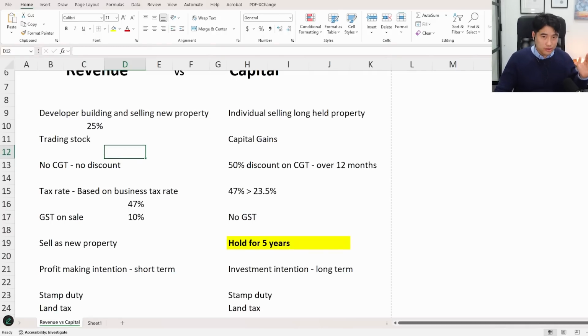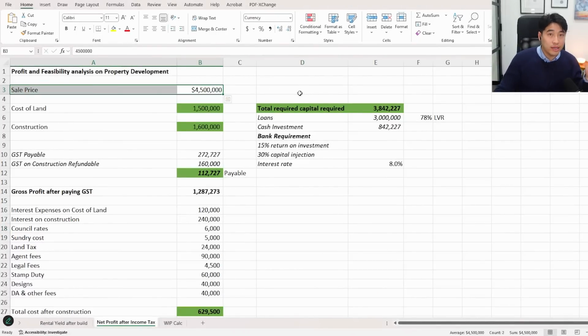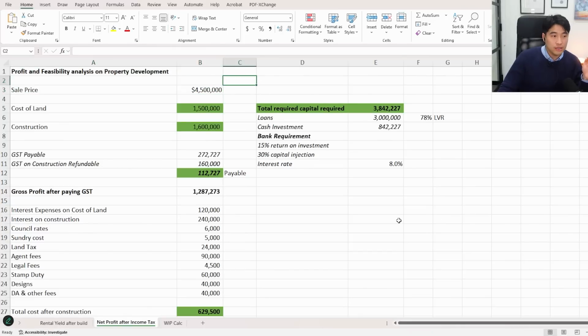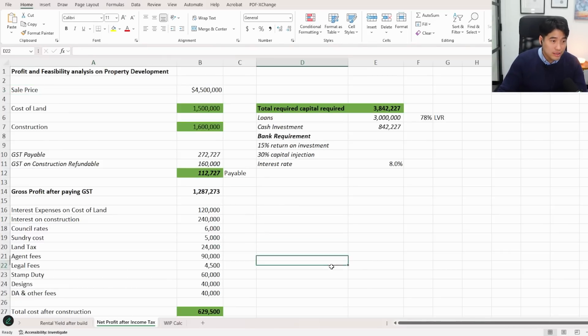So this is just my way of doing it as an accountant, but there are a lot more detailed ways to do it. A lot of property developers will go more specific on this calculation. So my calculation here is actually quite basic. It's probably the most basic you can get, but this is an example of a feasibility analysis that you should do when you're buying property. And the reason why you do it is because of these reasons.